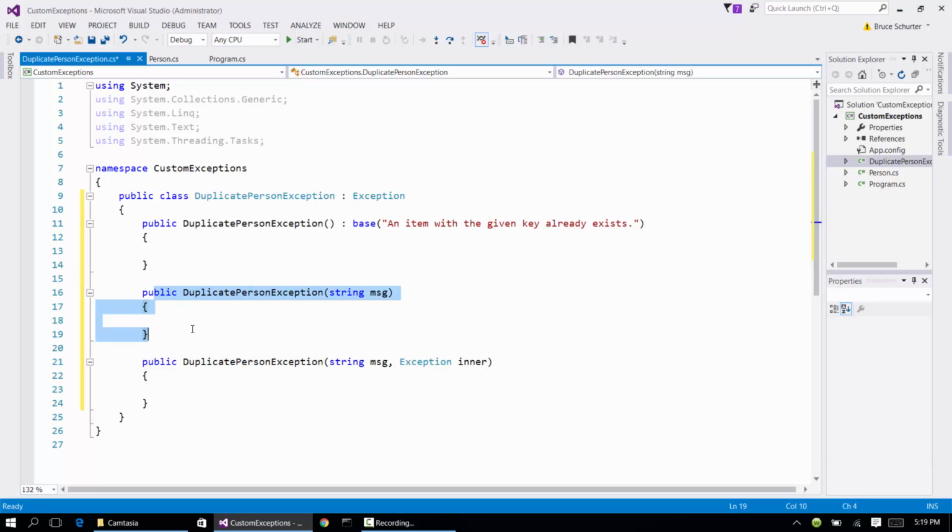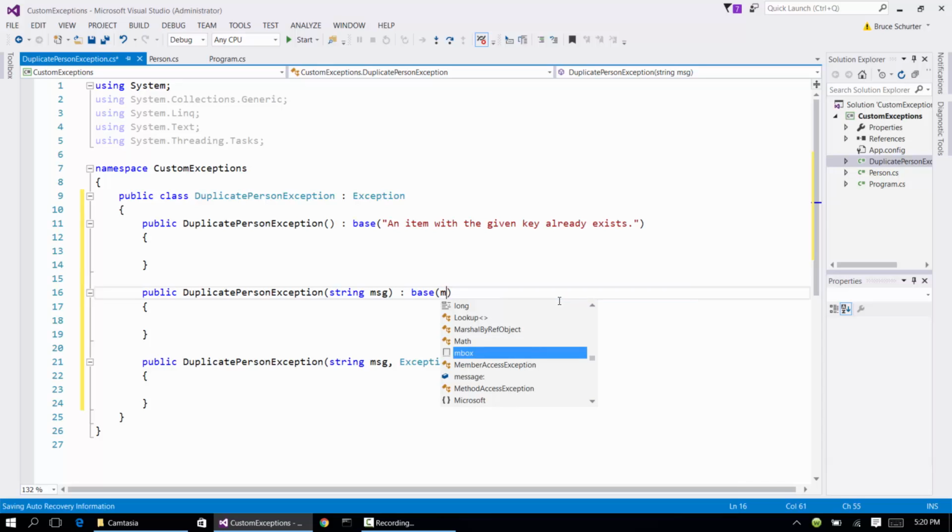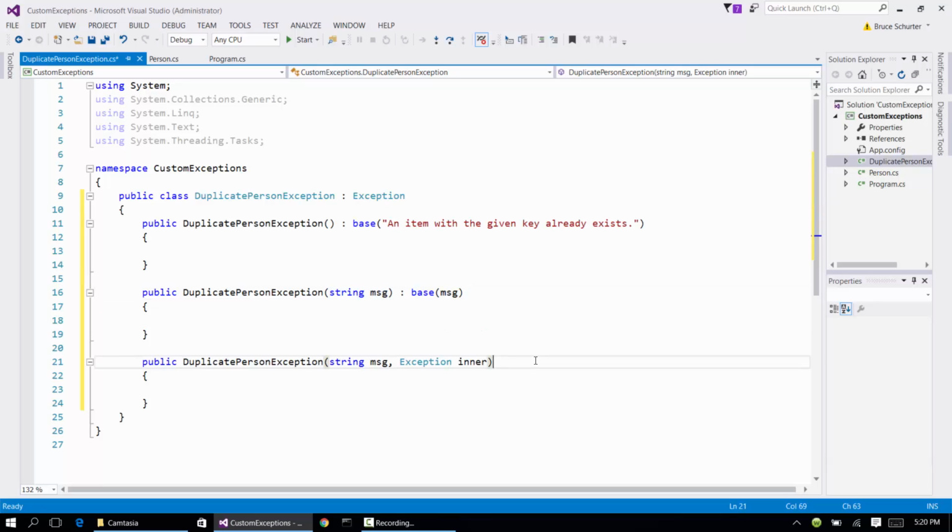Now, this one, the second one, duplicate person exception that accepts a message already, is going to use the same base class constructor. However, instead of passing in a string literal, we're going to pass in what was given to us as this parameter. And then finally,